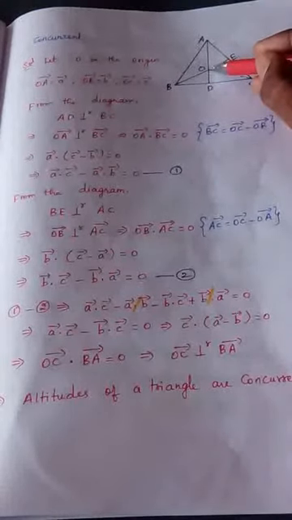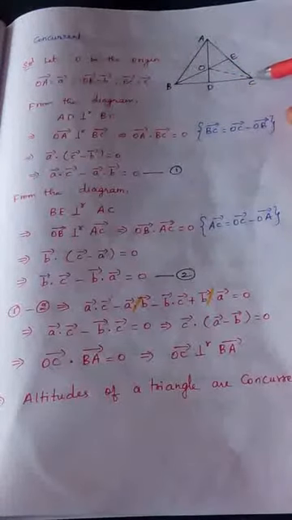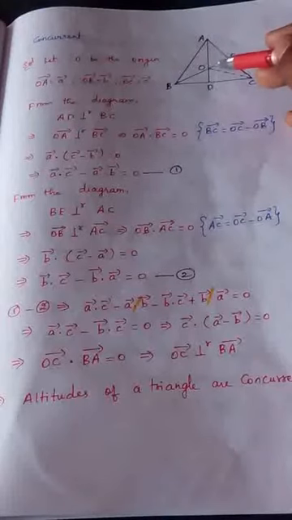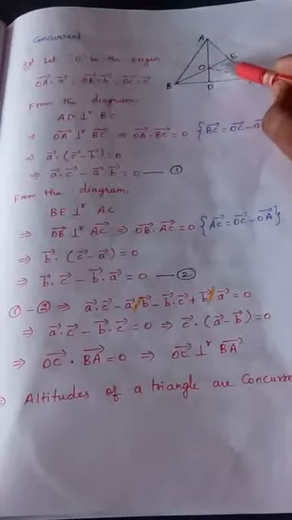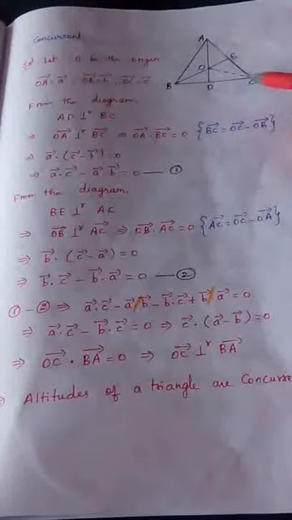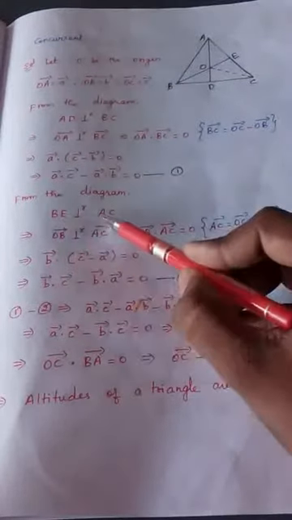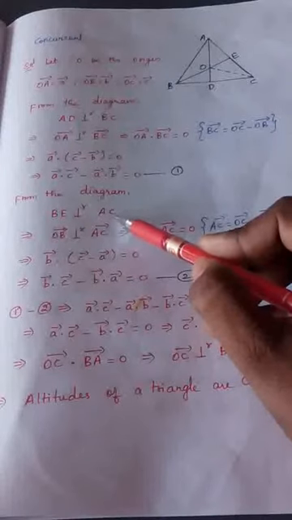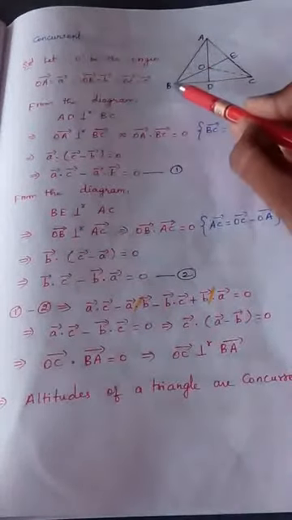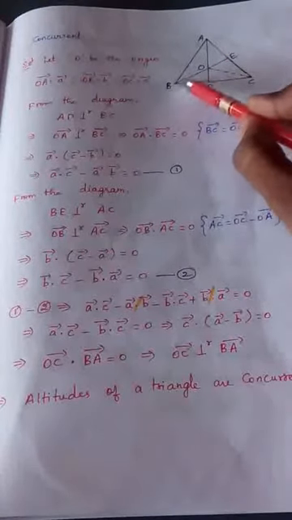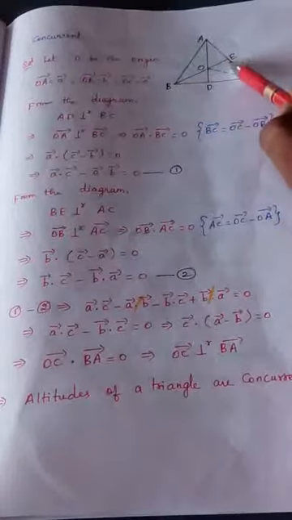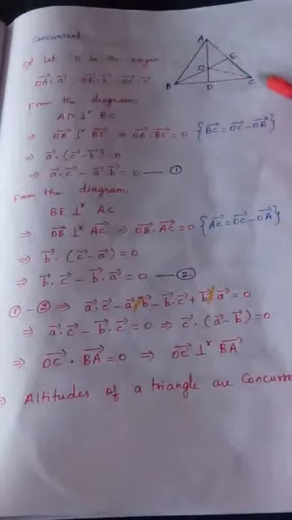What is our problem? Our problem is the line that we draw from C, that is the perpendicular line that we draw from C, does it pass through the point O or not? That is our problem. So for that, we are taking the second perpendicular line, BE perpendicular to AC. That is what is written here. From the diagram, these two are perpendicular. Now I am going to convert this into vector form. Since BE is perpendicular to AC, I can say the OB vector is also, because OB is nothing but part of BE, the OB vector is perpendicular to the AC vector.